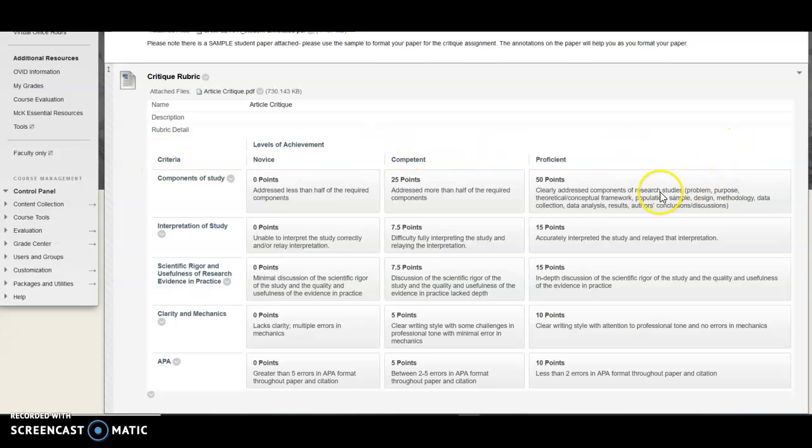So use each one of the topics as a heading in your paper, and then address those questions within that particular heading according to that particular component of the study. Does that make sense? You want to have a heading that may be background and significance of the study, and